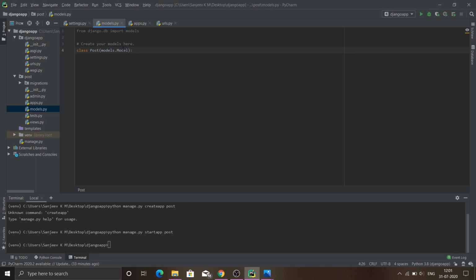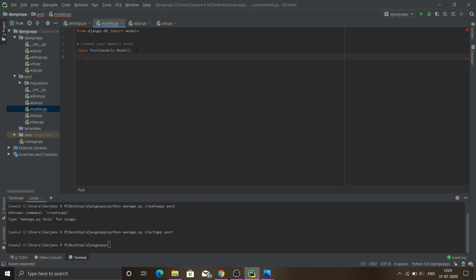So we have extended this model class into our post class, so that the information that we provide in our post class will go directly into our model, and that Python code will be converted into an SQL query. Making sense?